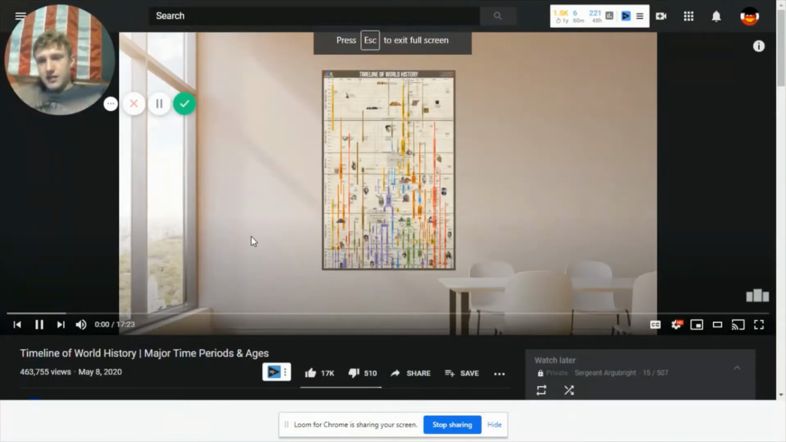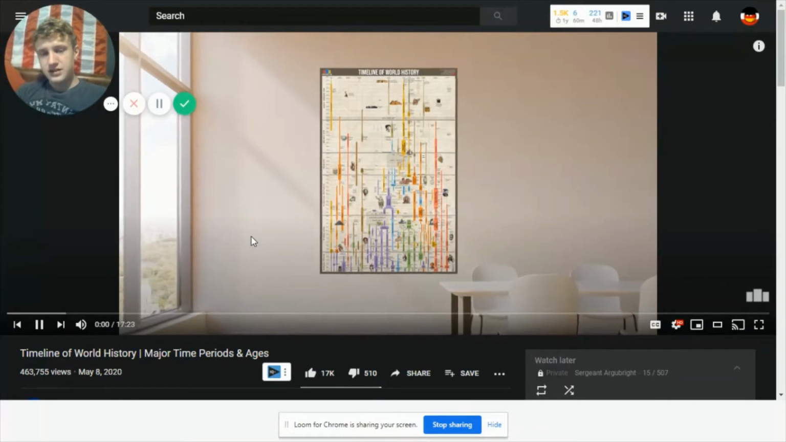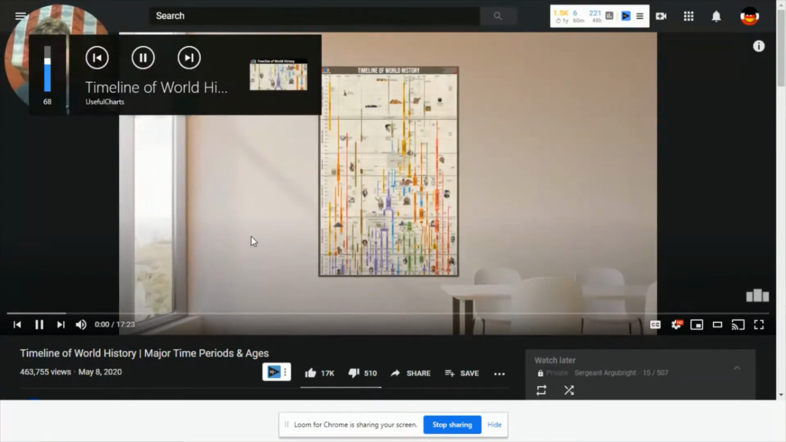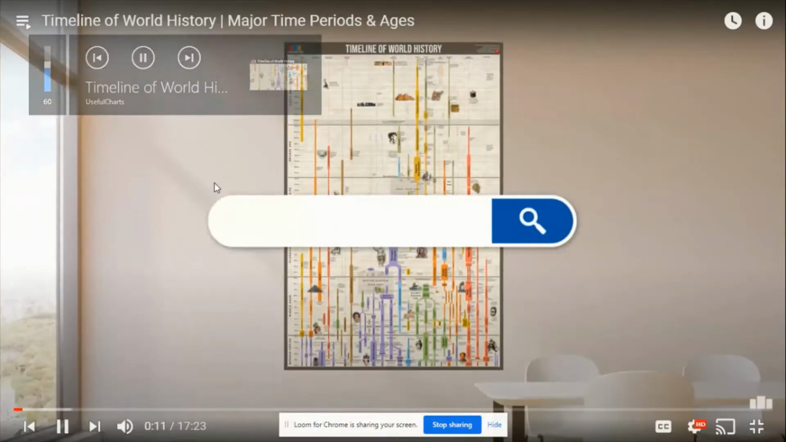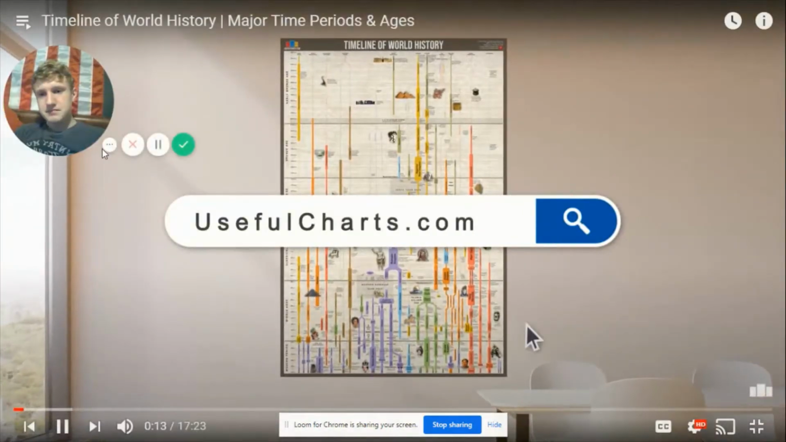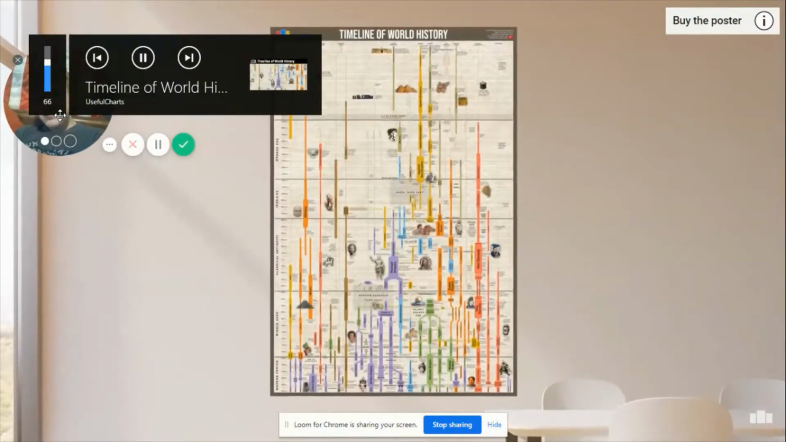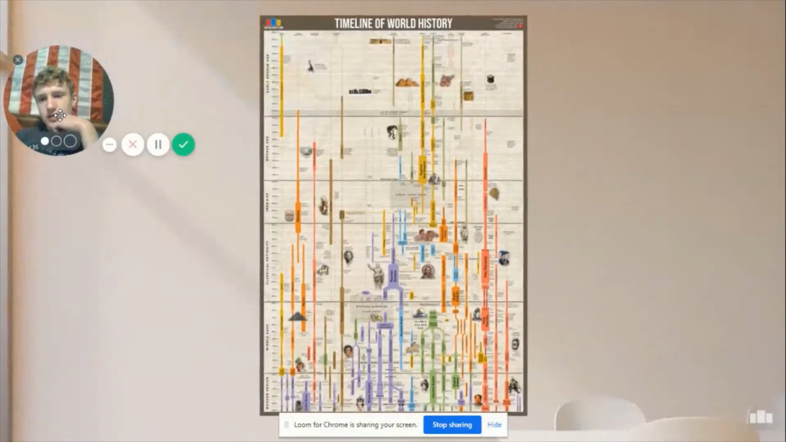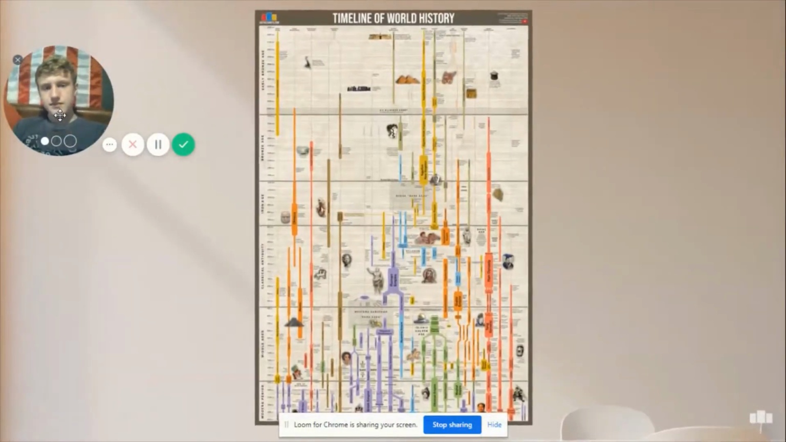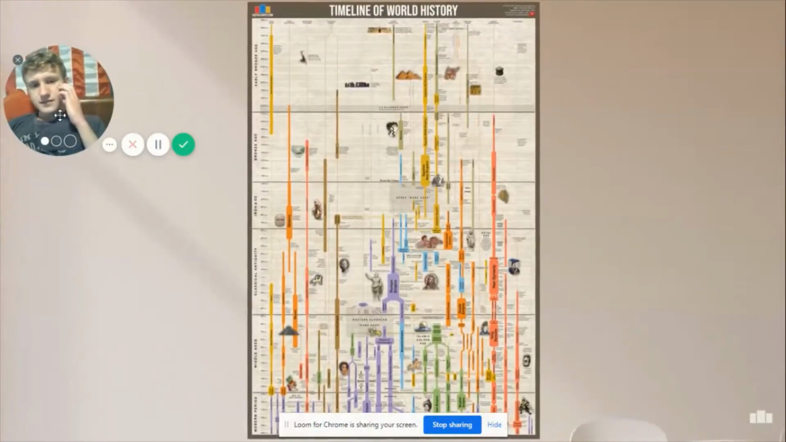Today I'm going to give you a very broad overview of human history. I'll be using the latest version of my timeline of world history chart, which is available as a poster from my website, usefulcharts.com. In particular, I'm going to be showing you how history can be divided into various time periods or ages, and I'll be explaining how these divisions end up highlighting some of the most important turning points in